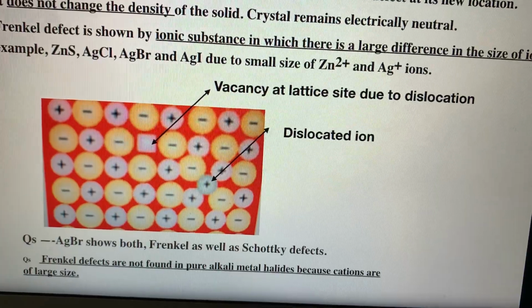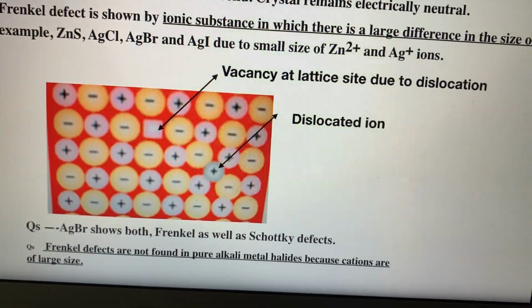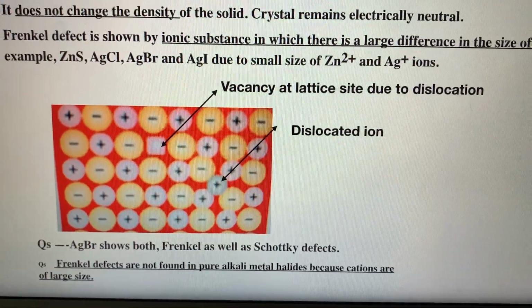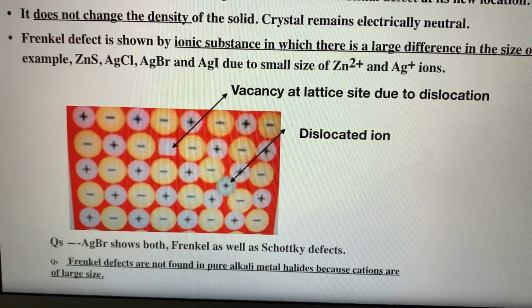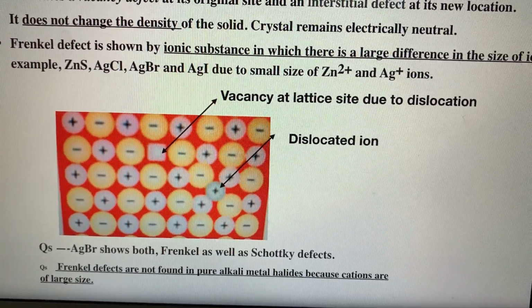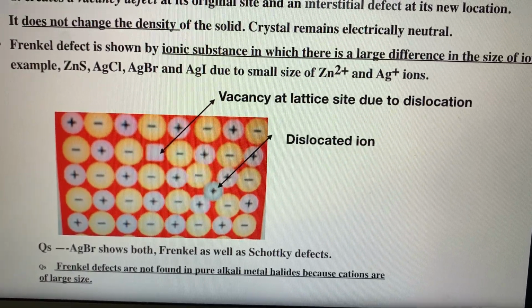And we have one very important question. Silver bromide shows both Schottky and Frenkel defect. For Frenkel, you can see other examples. Now the question is this: alkali metal halides, why can't they show Frenkel defect? Reason